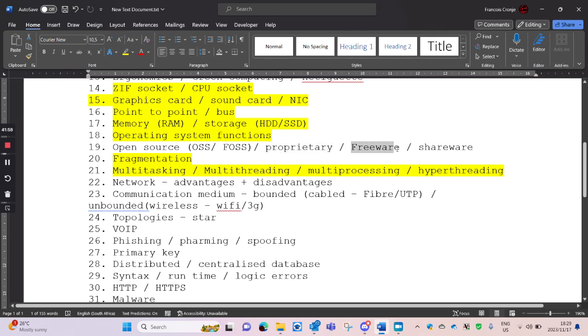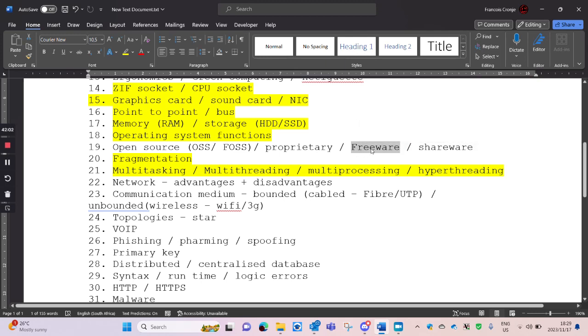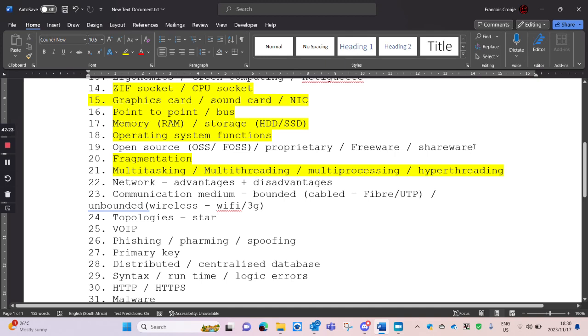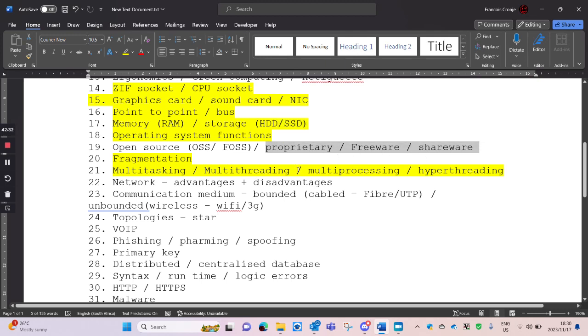While freeware is software that's free, so you don't have to pay for it, but it's also covered by EULA. So it's still copyrighted and you still can't look at the code. But because it's free, you can give it to other people, but you're not allowed to change anything on it. And then shareware is like that demo version, where you only get it for a month, or you only get it for a trial run, or only with limited features. So that one is also copyrighted and has a EULA. So all three of these are protected by copyright, and you can't actually look at the code or change anything with them. Only difference is this one you have to pay for. These two are free. This is the full program, that's just half of the program.